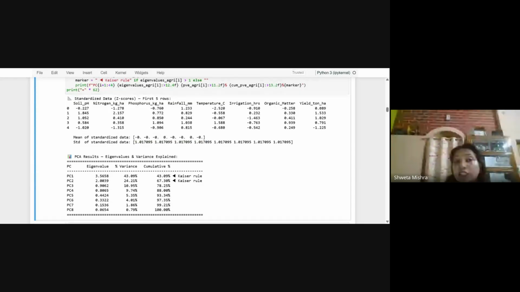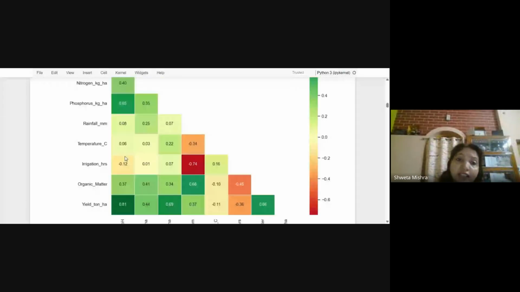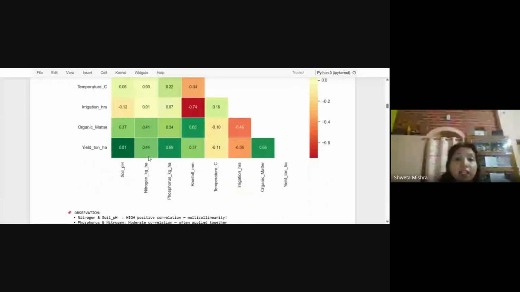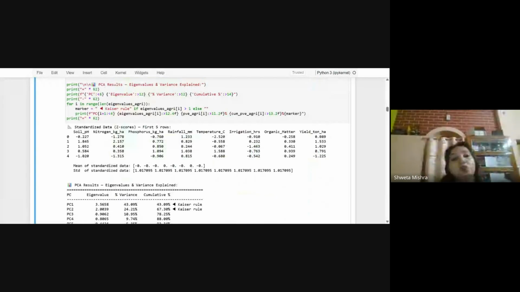Similarly, the standard deviation of the standardized data, you can see that it is almost 1, 1.017, you can say it is almost 1. It means our steps are completed, the standardization of the data. We have also found the relation, how they are affected, and then we are going to get the